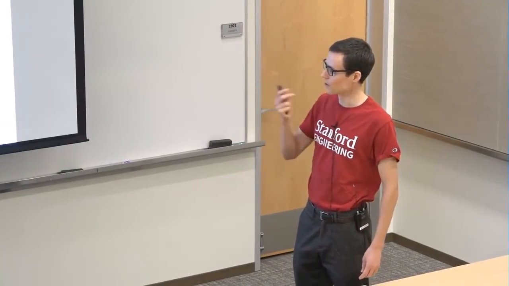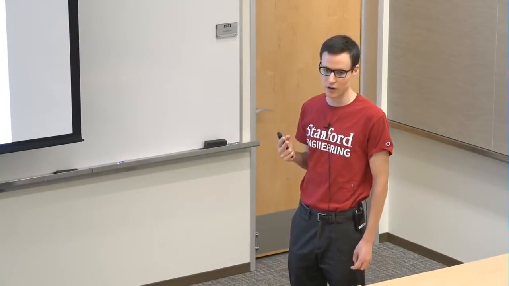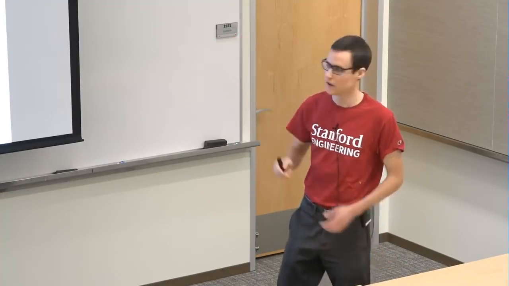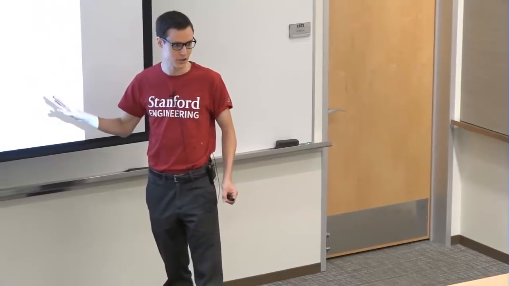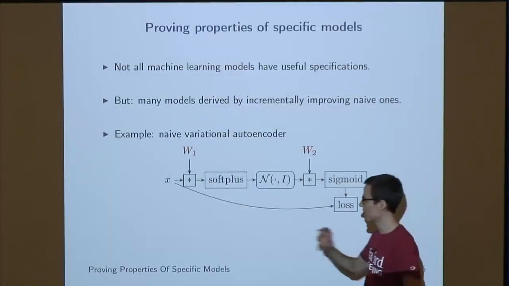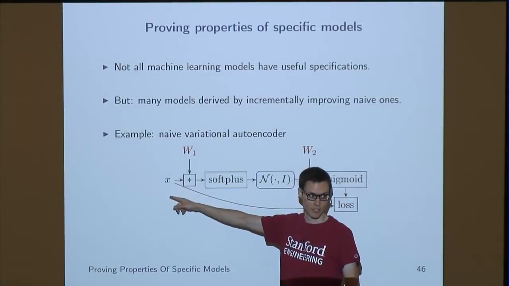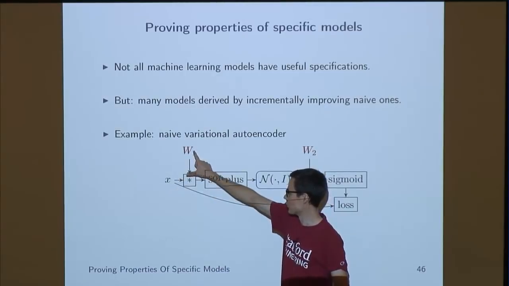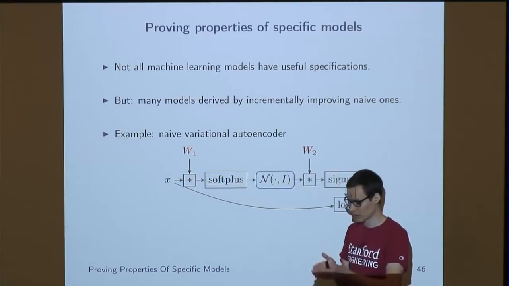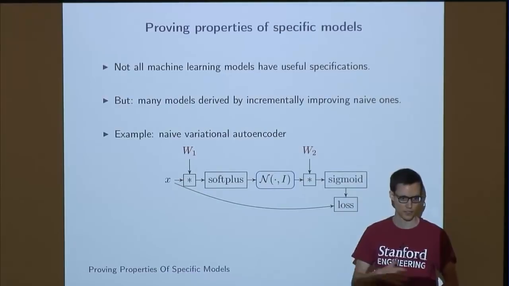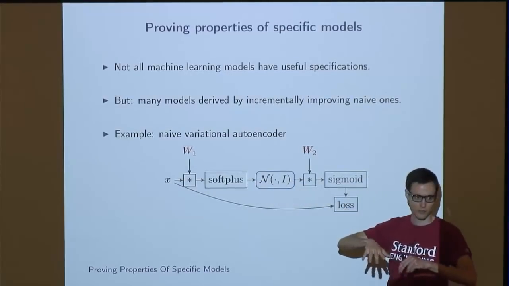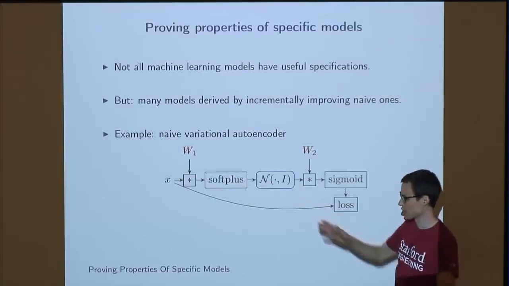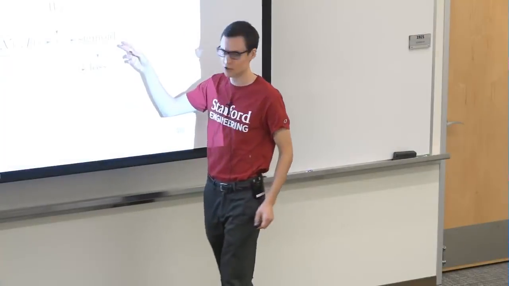So here's an example. This is the naive variational autoencoder. It's the same graph I showed you before. And I'll quickly walk through what this model actually is supposed to do. It's a quite interesting model. Let's say you're feeding in an image, X, and you're going to apply a little neural network to encode it into a small number of bits, actually floating points between 0 and 1. And then you're going to sample a Gaussian around that as the mean. And then you're going to decode it back to the original high-dimensional space.